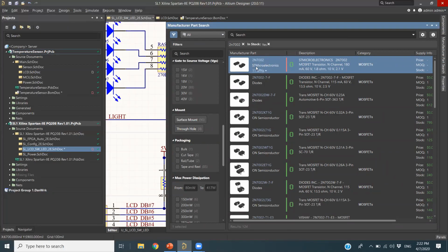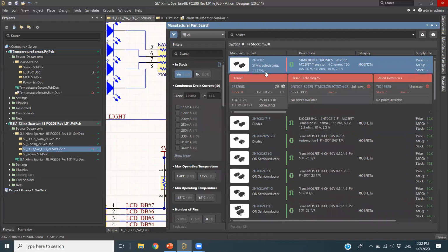Okay, so before selecting the model design, I would like to show you here, when I go to the component in this manufacturer part search, you see there is a component name. So 2N7002, it is from ST Microelectronics. And when I click on the supplier part number, they will give the different suppliers' information. So from this, you can also choose the supplier's details for your component. You can select the part choices from the different suppliers.